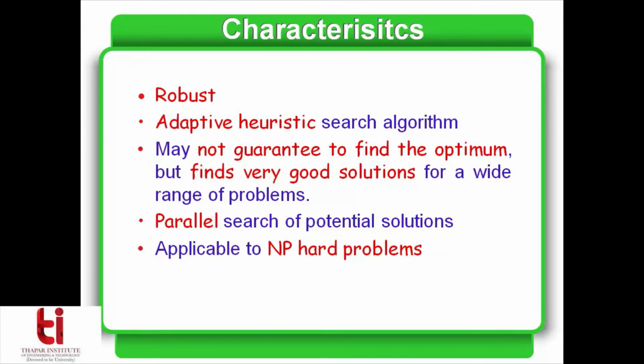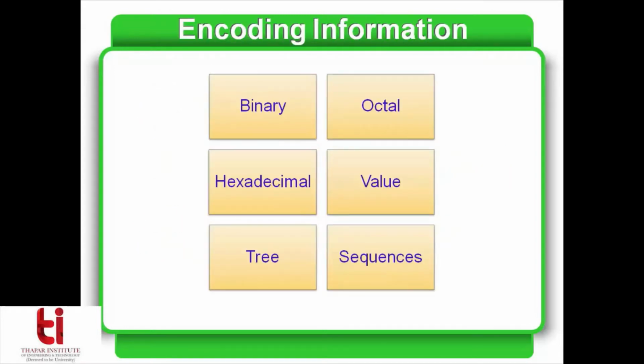So with this understanding of genetic algorithms, let's start with how we actually apply our GA to any problem. Okay. So with that, we first come to encoding. Now, I told you that whenever we are going to apply a genetic algorithm, we need to encode our solutions as chromosomes, which will constitute the members of my population. Okay. Now, how to form this chromosome and what does a chromosome typically look like?